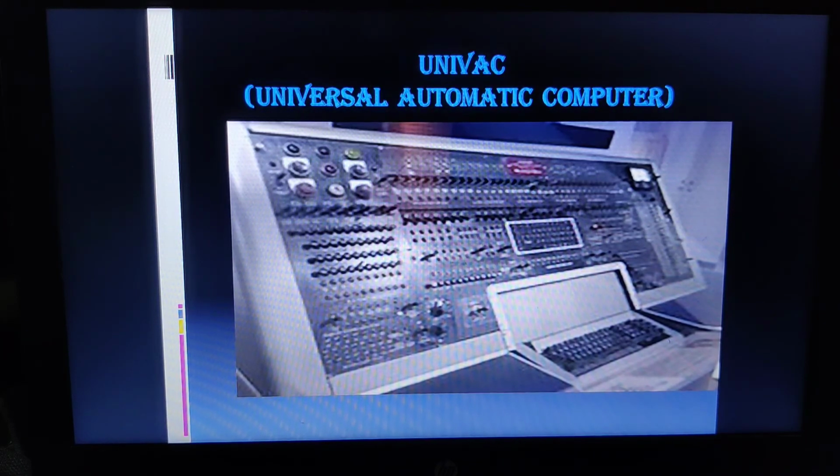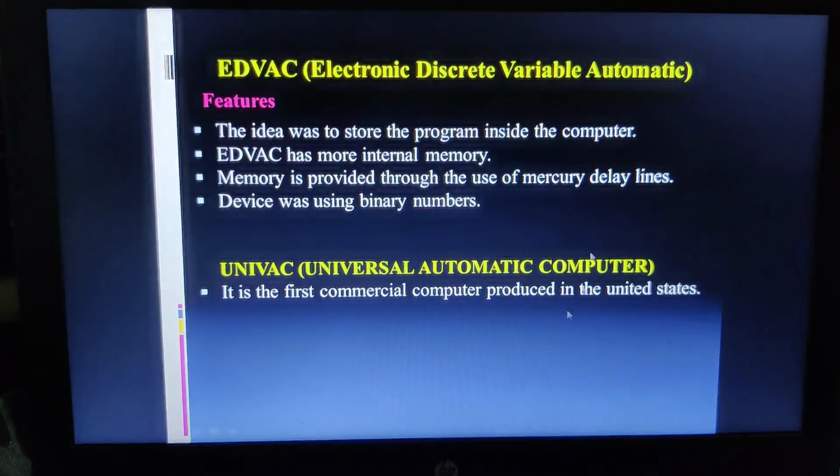Important thing is they'll be asking you to abbreviate ENIAC, abbreviate UNIVAC, and abbreviate EDVAC. Important question. Apart from this, they may also ask a 5 marks question, explain briefly the features of first generation. Then you need to list all those features. Then they may ask a 2 marks question, list the features of the ENIAC, then write those points. Features of EDVAC means only the unique features we have discussed, these points you need to write.